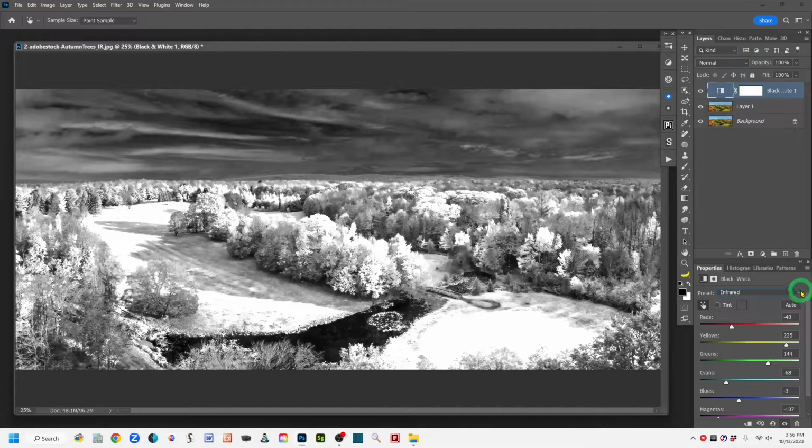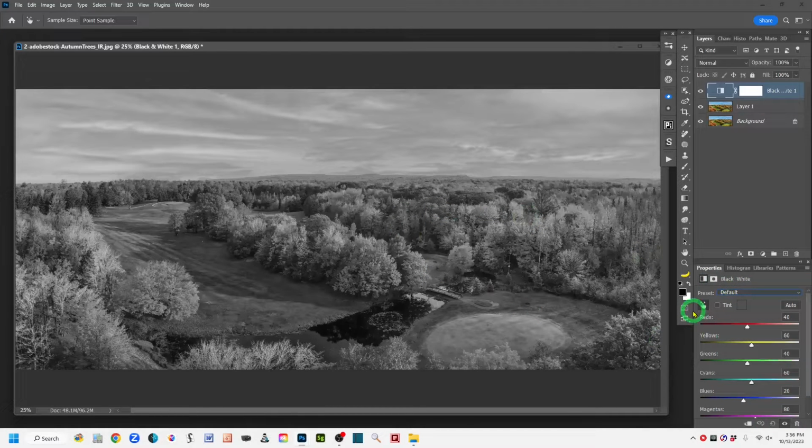But I don't care for that, so I'm going to go back to the default and let's try doing our own manual settings. At least you'll know how to do it if you want to experiment and different images don't work as well as others. All right, so I'm going to just go right down the line of all these different color sliders. And as you can see at the end of each slider, the left is the darker end and the right is the brighter end. So I want to work with my reds and make them lighter. So I'm going to start pulling